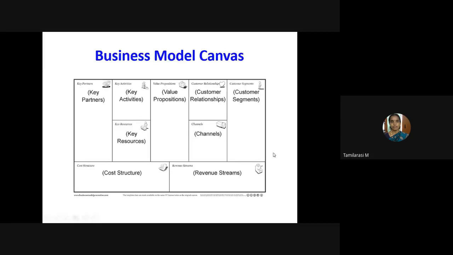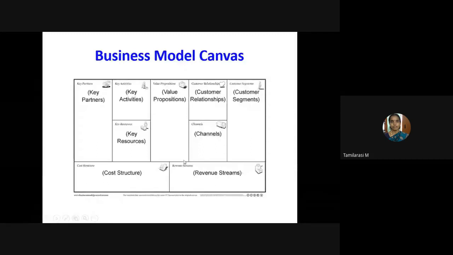Then revenue streams. Revenue stream means, once you have developed the product, how you are going to get the profit after commercializing and launching your product into the market. How you are going to generate revenue, that is profit. What are the plans that you have? For example, for a regular customer, I am going to give some offer. In that way you can increase your sales and get the profit. You may have a different idea, any idea. Based on which strategy you want to generate a profit for your product, that is the revenue streams.